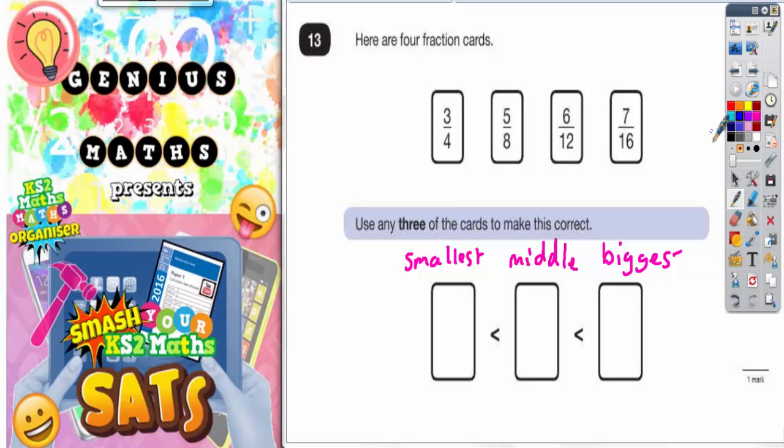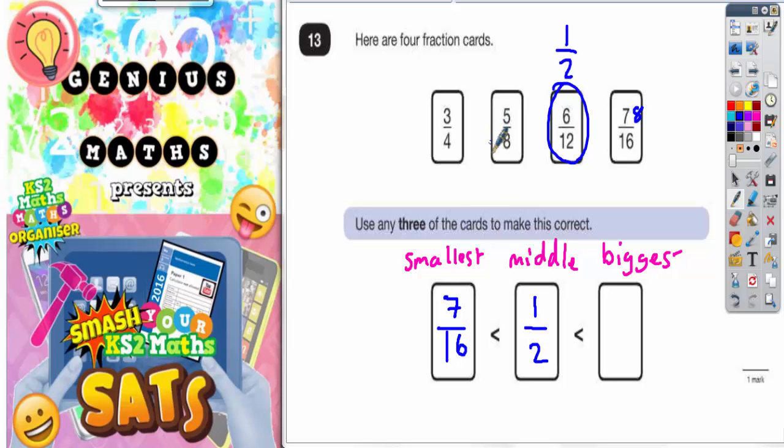So the easiest way of perhaps thinking about this is to spot that this one is 6 out of 12, and that's the same as a half, because 6 is half of 12. So you could put that one in the middle, and then all you've got to do is look for another fraction that's less than a half and put it in here. Well, 7 is less than half of 16, because half of 16 will be 8. So you could put 7 sixteenths as being less than a half,